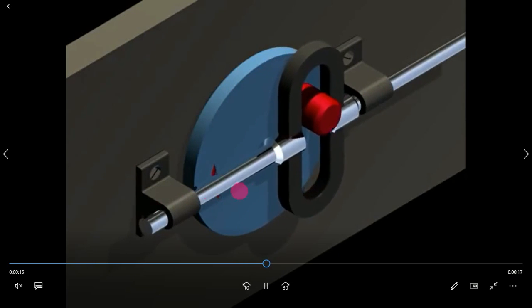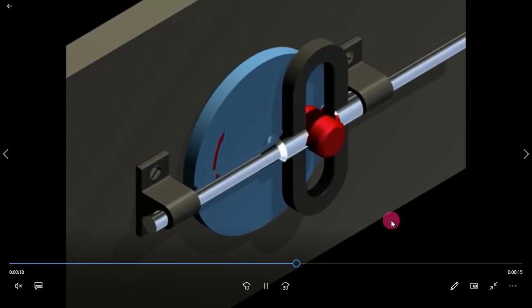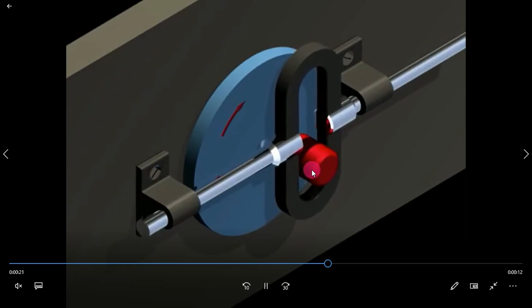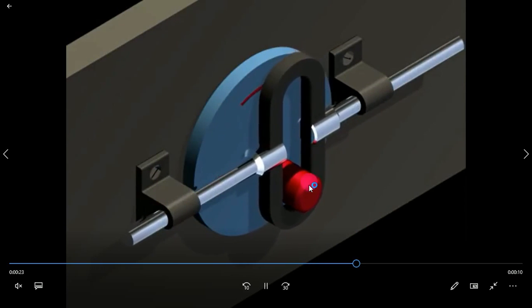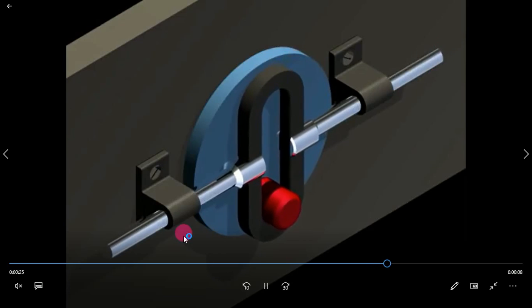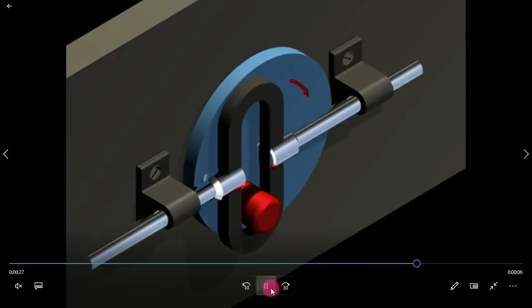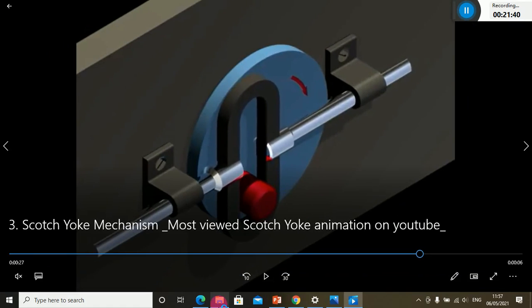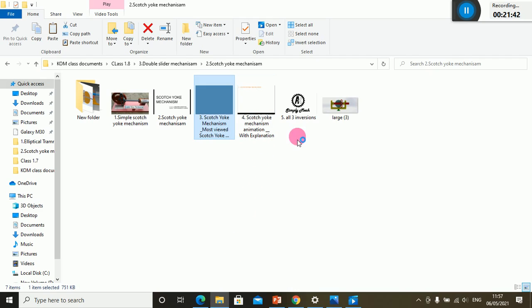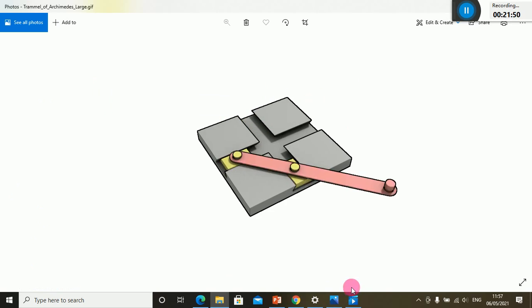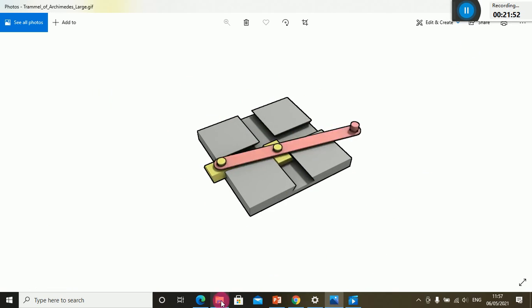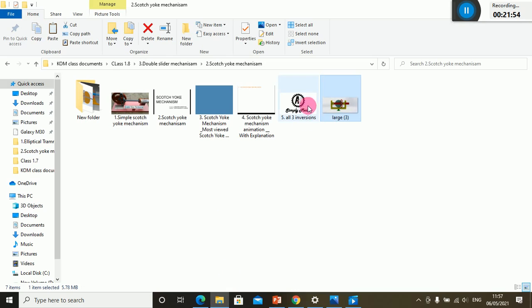Okay, it means the input motion is circular and the output is reciprocating. And if you want the animation, you can see this animation. Just wait for a second.